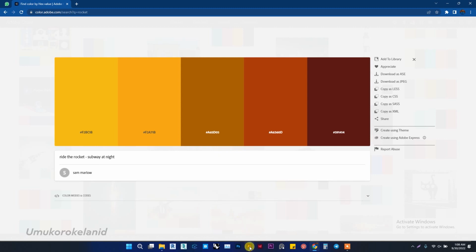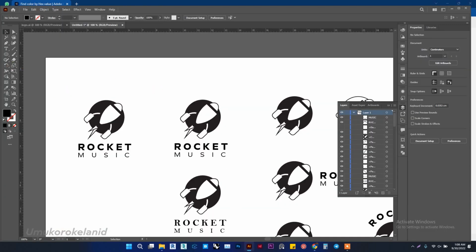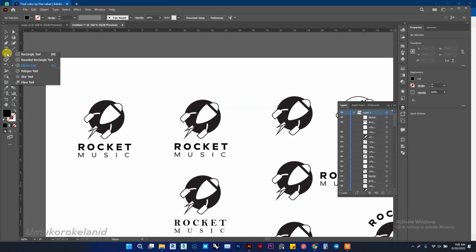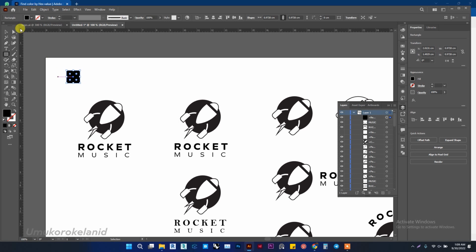Then we come here to Illustrator. Let's create some palettes, so some squares for the palette. We can drag, we can have an alt